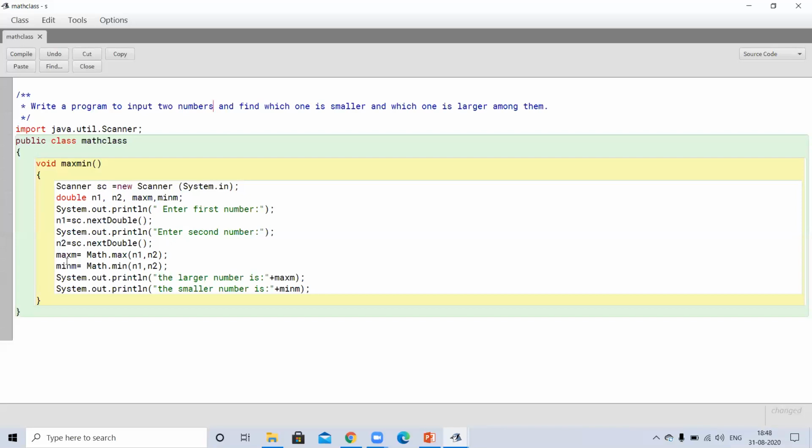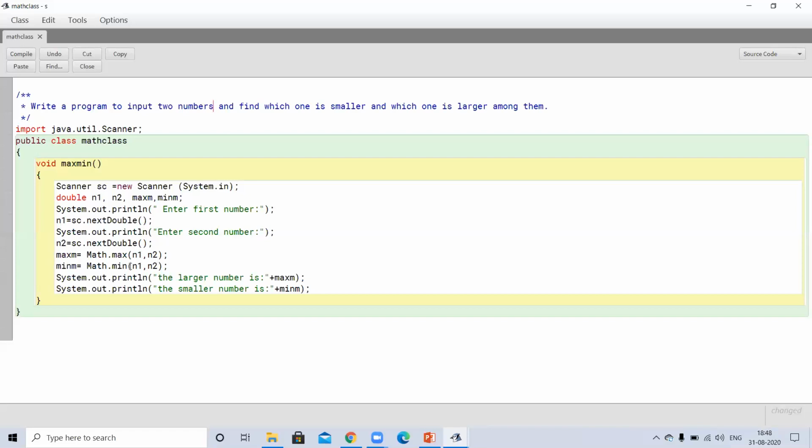Now we have to find out maximum number, larger number. So we will store in variable maxm. How? We have one function, math.max, in which we will pass those two arguments in the form of two numbers. So how we will write? Maxm equal to math.max, and in bracket we will pass two arguments, n1 and n2.